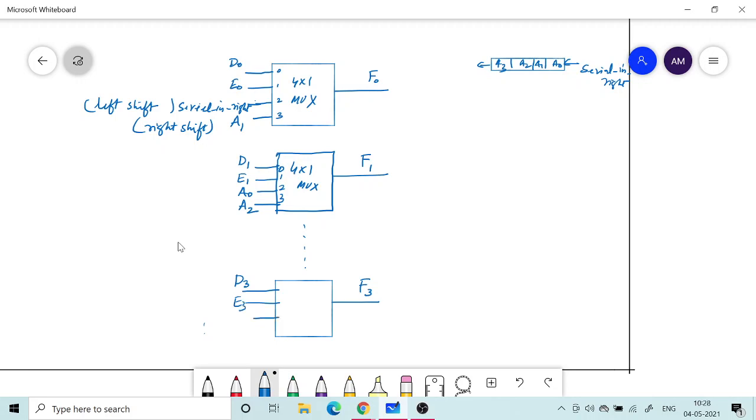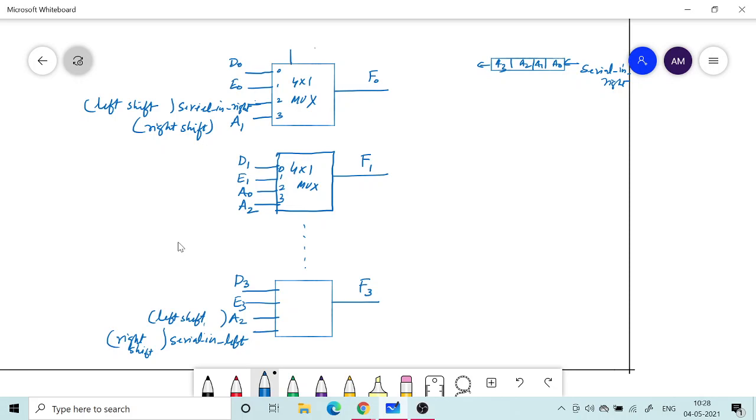Then for left shift I should take it from the previous one, that is A2, and here I should take from serial in on the left side. So this is again right shift, and this is left shift.